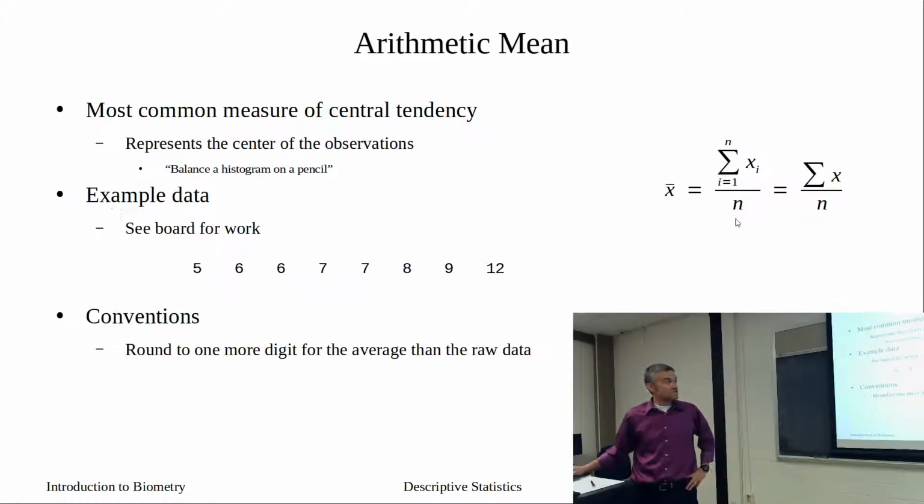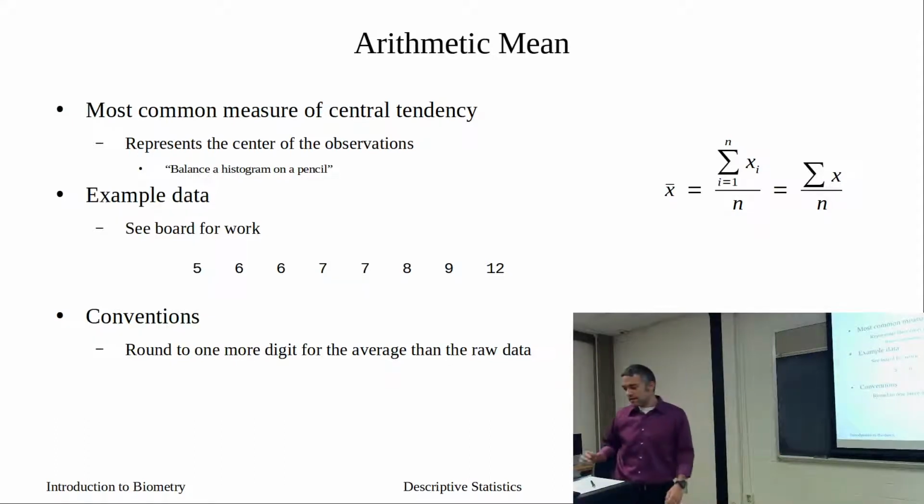This mean is the sum of our values divided by n. It's a measure of central tendency. It gives us our balance point. All right, it's going to be affected by outliers and by skew, when we have data points that are too small or too big compared to the rest.